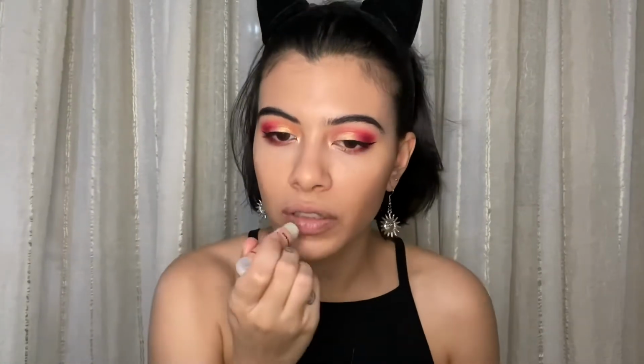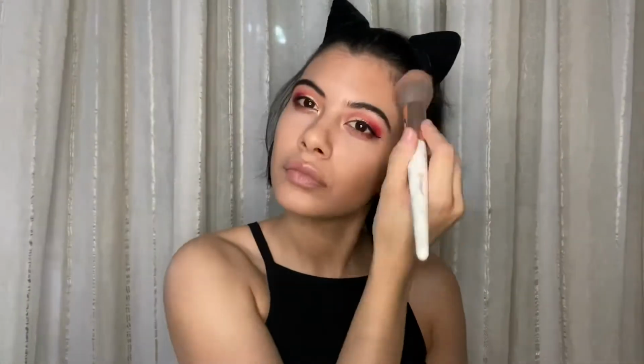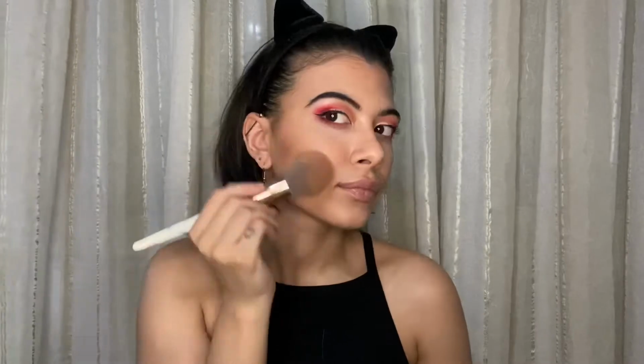Okay, before I forget, we're close to adding lipstick, so I'm gonna add a lip balm. Just prep my lips a little bit because I'm feeling them a bit dry as well. Okay, now for blush, I'm gonna use something kind of weird. I don't know why I'm gonna use it, but I actually want to try it for the first time, and